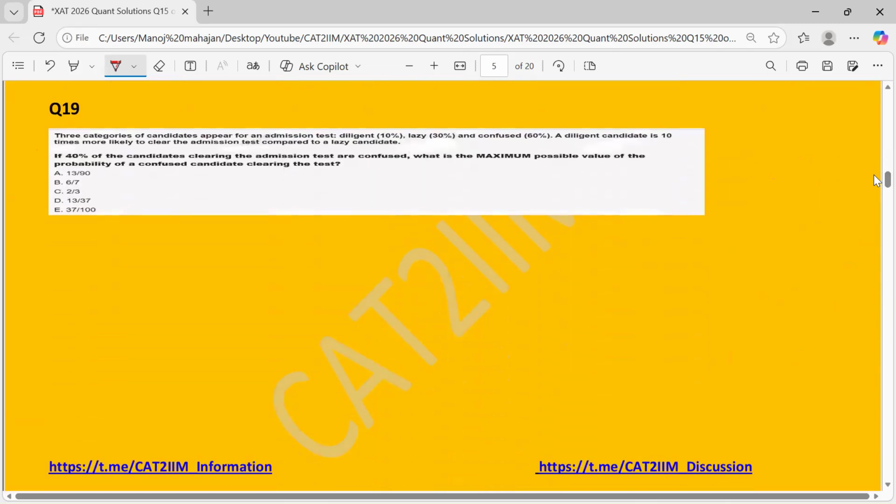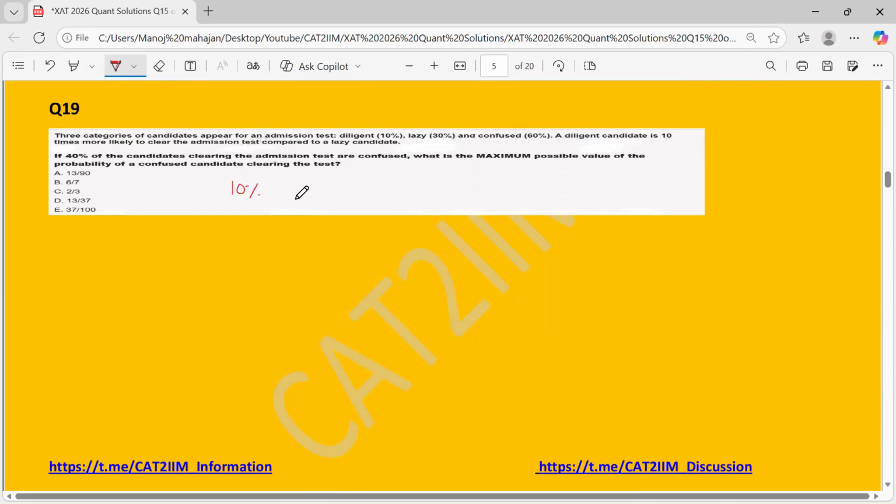Okay, so last question. We are discussing the 19th one. There were three DI sets. This was a super tough problem in the XAT paper. If you have solved this, please comment your answer and then you can look forward to the solution and the answer also. A lot of students, if they attempted, would have done it wrong, or maybe they would have left it altogether, right? So what is given to us is